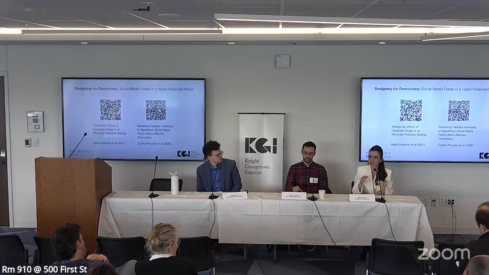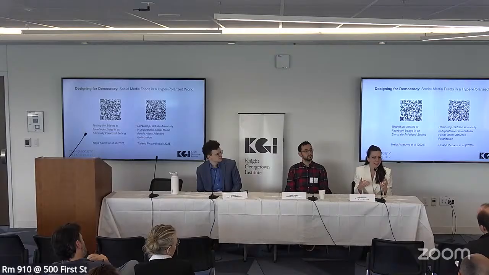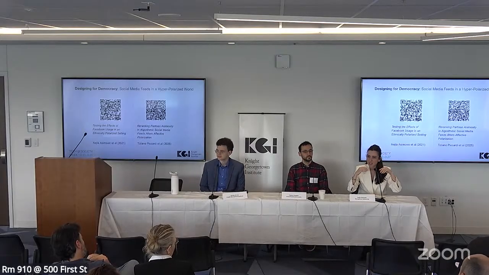Can you give some context about what they tested, just for our audience who might not know? Yeah, exactly. So they tested multiple ranking algorithms on Facebook, on X, and Reddit over 6 months during the 2024 election. And they were doing this on current social media platforms. And basically the whole story is, okay, how does re-ranking the content on these platforms, what effect does it have on affective polarization?